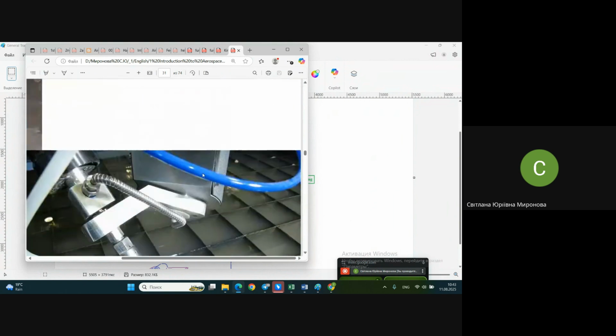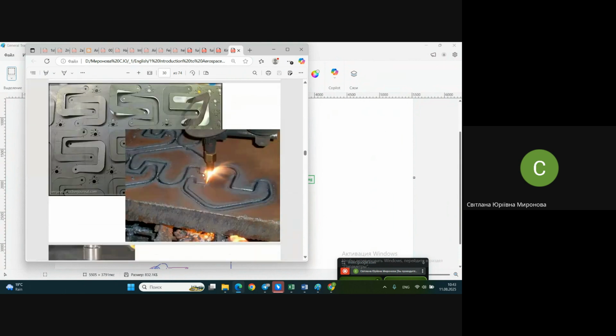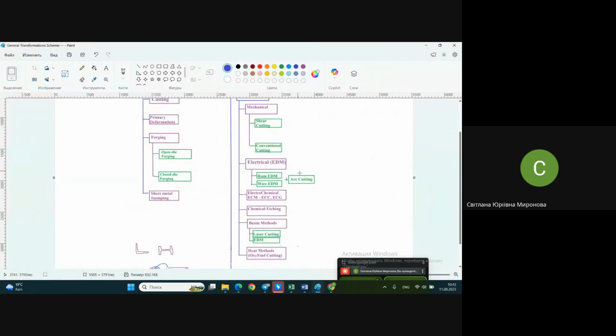And what is higher here is a comparison example of two kinds of cutting of different groups. Let me show you where it's supposed to be. Electrical cutting, arc cutting, and here must also be plasma cutting. I will edit it after, will not spoil your time right now. Plasma arc cutting is also arc processing, whether it's arc welding or plasma arc welding. They are in the same group, but due to some changes in